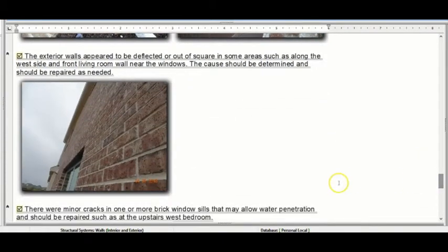And here, I'm not sure if you can see it in this photo, but right through here, if you look, there's sort of a bulge in this section of the outer wall. There really shouldn't be any sort of deflections or unevenness in the exterior brick walls. It could be that the brick ties themselves that hold it to the framing weren't installed properly or adequately. Maybe there's not enough of them, or maybe the framing's just that out of square. But really don't want to see those kinds of